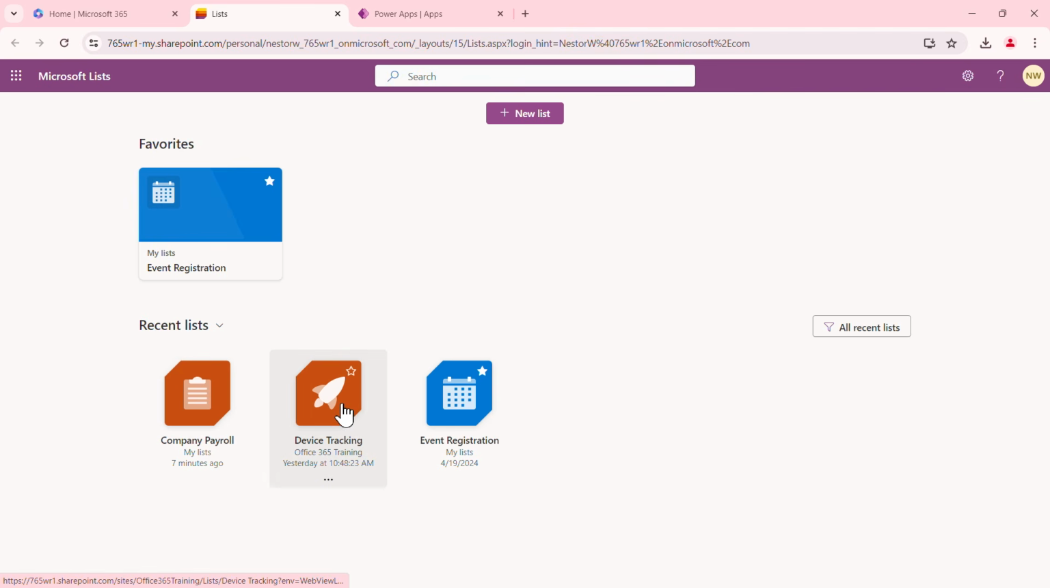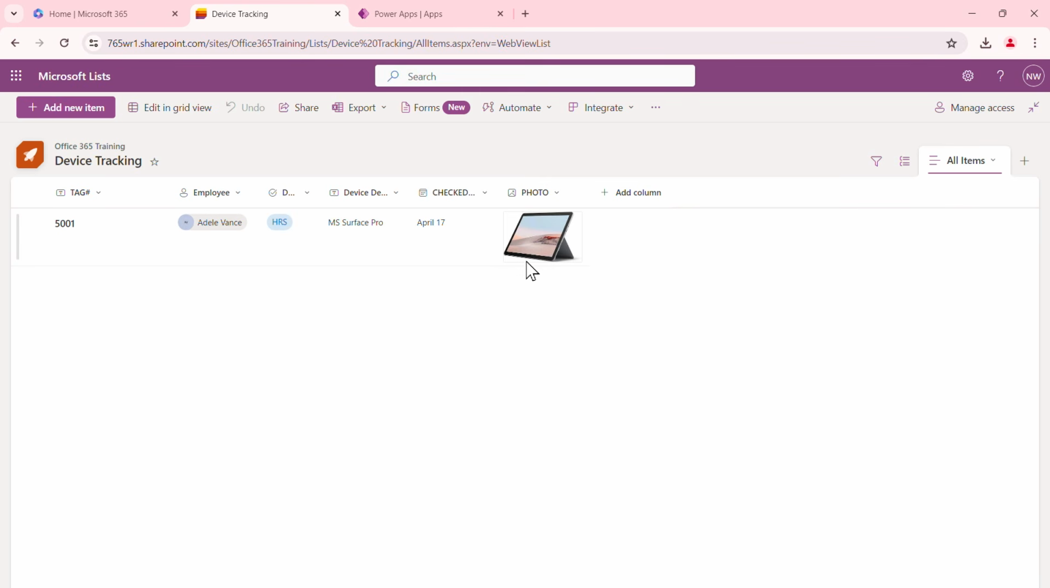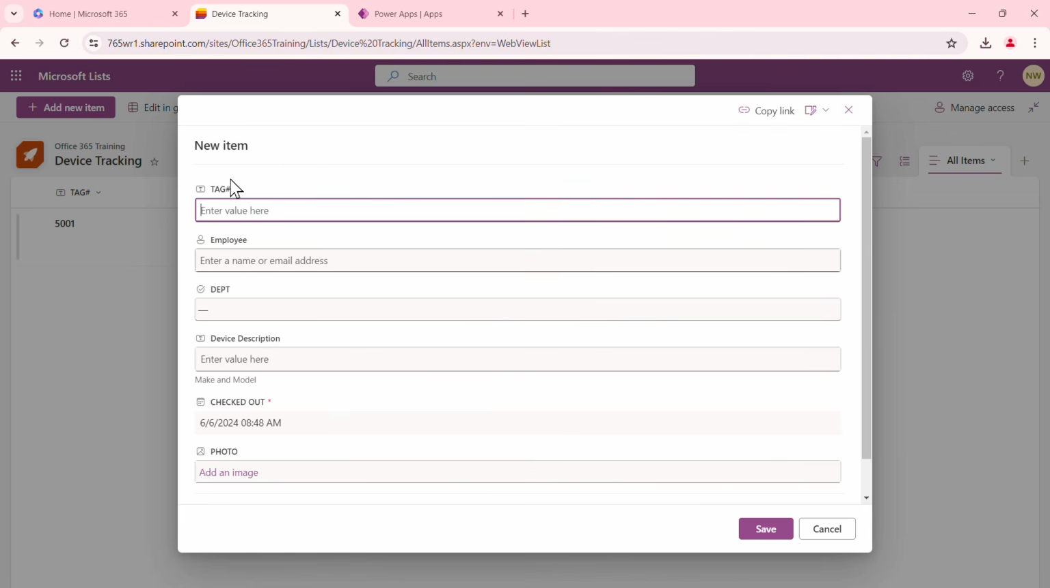So I have one here, a simple list for tracking devices. If you're an asset manager, you may want to create a small app as a self-service so everyone can use the actual list here and check out their own devices. As we can see, we have some columns in here. If I were to add a new item, it gives me a form view that I